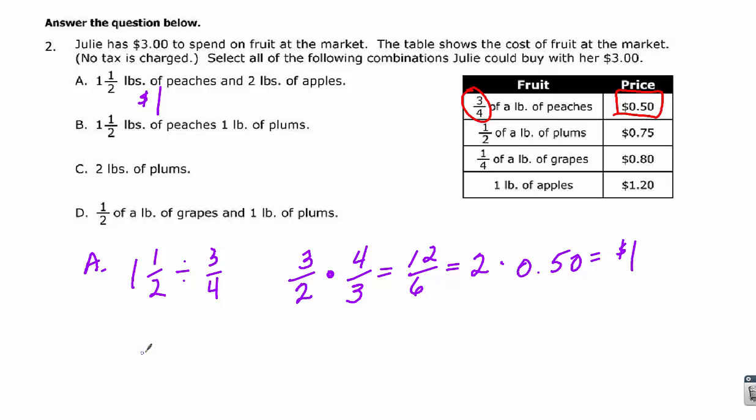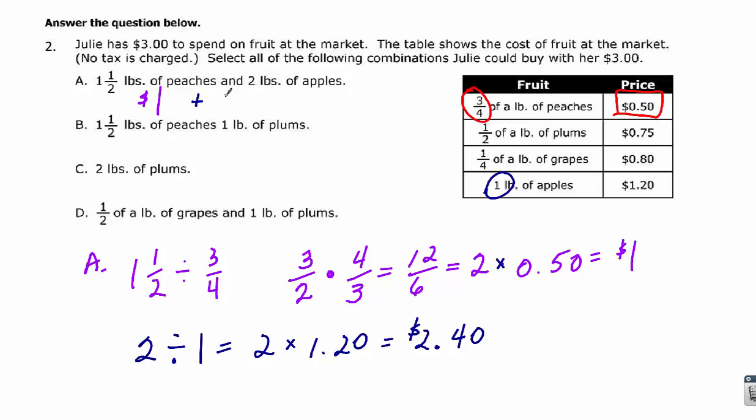And I have 2 pounds of apples divided by, apples come by the pound. Well, that's an easy one. 2 divided by 1 is 2. Times, you can show that times sign either way. I'm going to show it this way, I don't know why, just because. 2 times $1.20 is $2.40. So I'm going to add